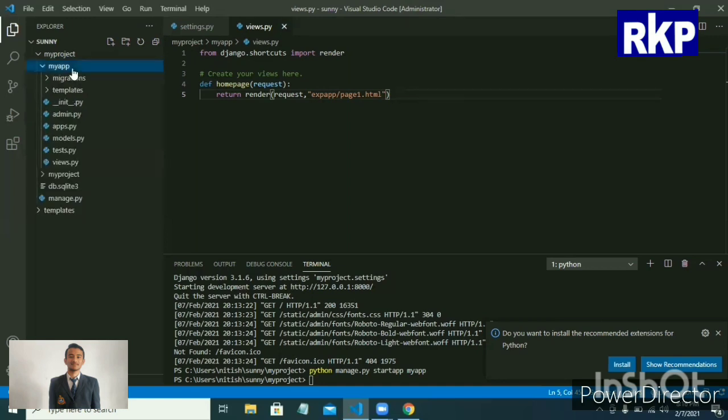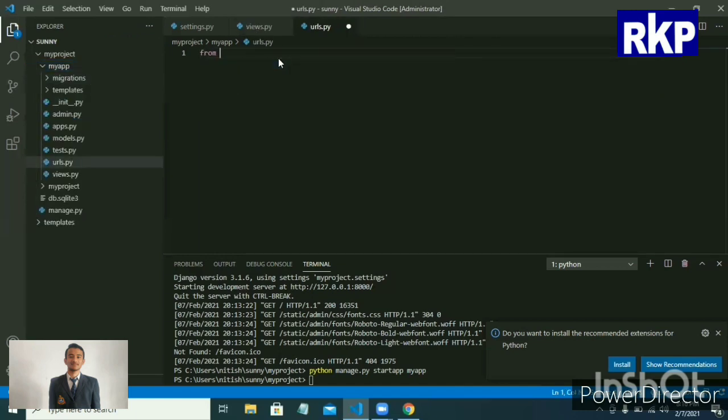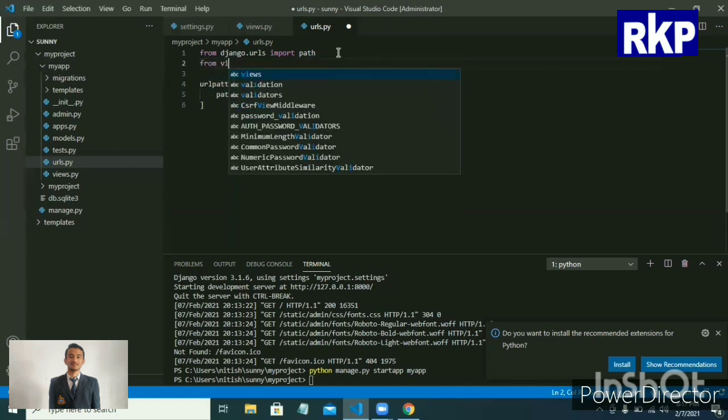Now in the myapp folder create a file with the name urls.py, and in this urls.py import path from django.urls. Now create a list named urlpatterns. In urlpatterns call the path function and enter an empty string to make the template your default page, or any other string which you would like to enter in the address bar and access the web page.